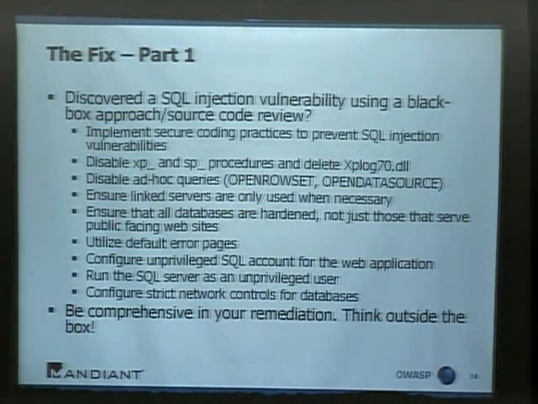So if you've discovered a SQL injection vulnerability on your application, either through manual pen testing, through an automated solution, or through a source code review, what should you do? You not only have to look at all of your code to make sure it's not persistent across the rest of your applications, you should also make sure that your databases are secure: disable all the stored procedures that you do not require, disable ad hoc queries, make sure that your network is implemented correctly so as to implement egress filtering and the right level of controls, and utilize default or customized error pages. Essentially, harden your database, harden your servers, harden your